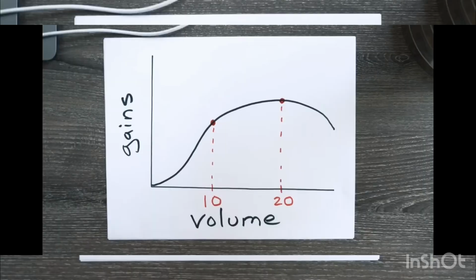This graph explains how many weekly sets you should be doing in terms of growing muscle. The very minimum that you should be aiming to do is 10 sets, as you see on the graph, per muscle per week. And the very most you should be doing is 20 sets per muscle per week. Now, you could go over 20 sets, but generally, if you are a beginner, you should stick to 10 to 20 working sets per week.